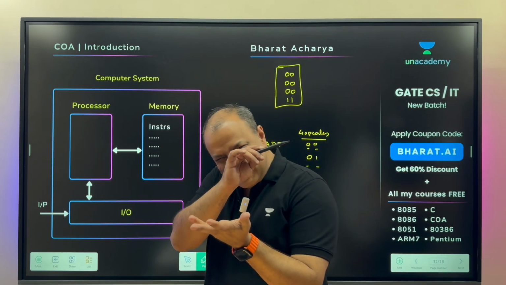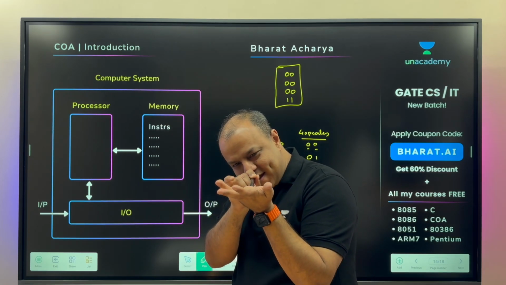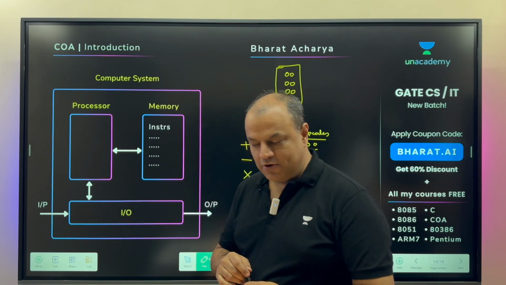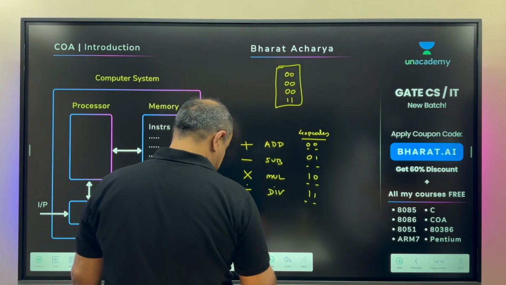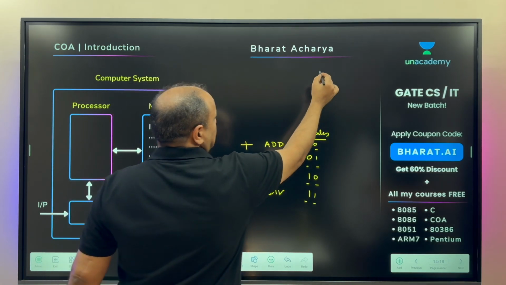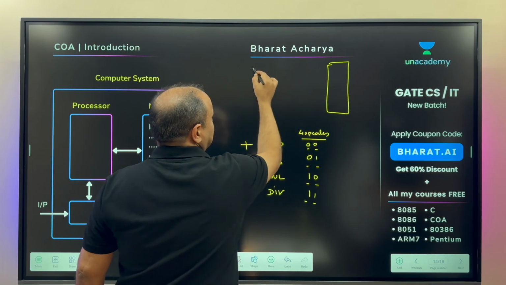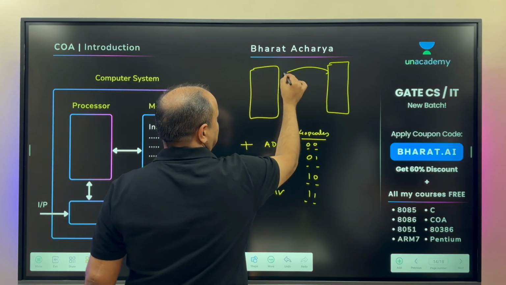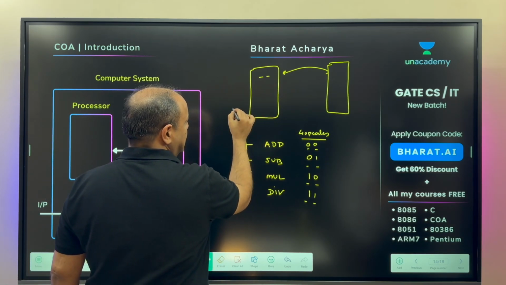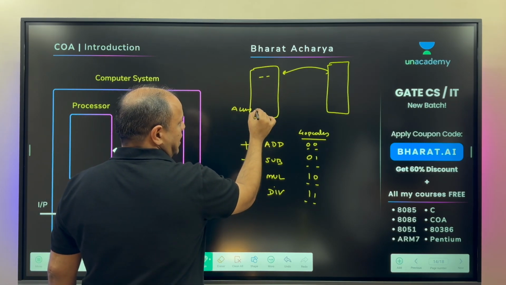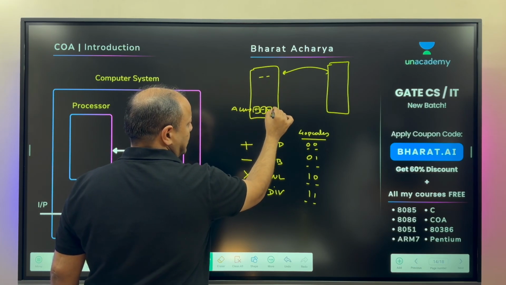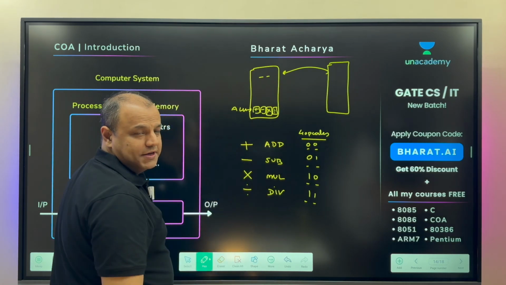So what the control unit does is, once the instruction has been fetched, it analyzes the opcode using a table like this, using a circuit, and then figures out what the operation is. To show you a circuit form of this, look here. This is your memory, this is your processor. You fetch the instruction, you got a 2-bit opcode, correct? In the processor, there is an ALU inside. It has a circuit for add, subtract, multiply, divide. The ALU can do all these 4 operations.